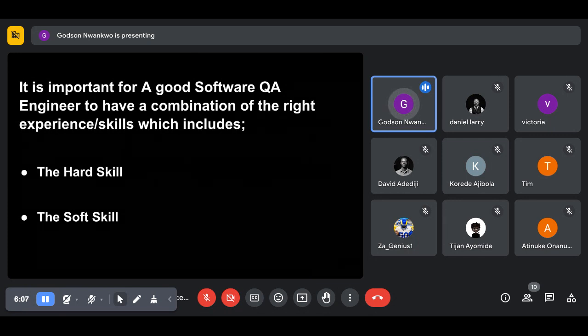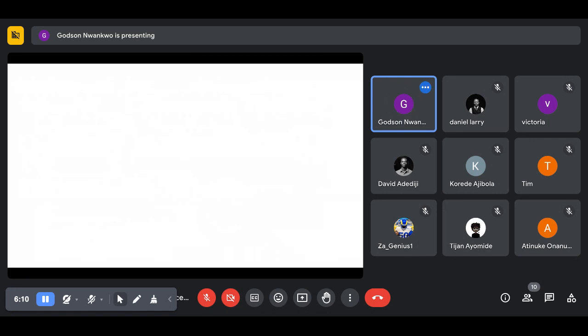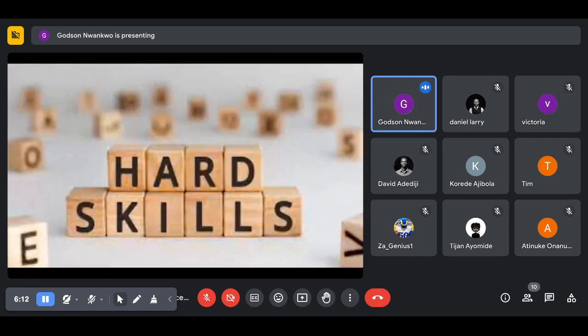What do I mean by the hard skill? The hard skills are the skills you need to do your job